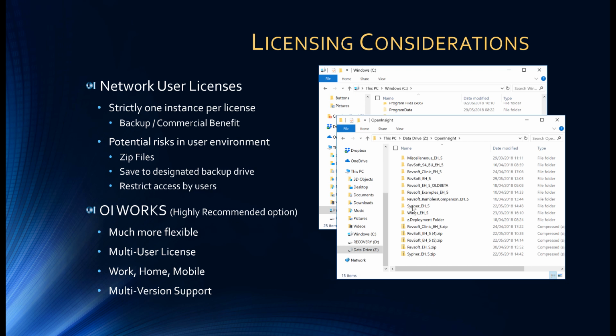Now, the other thing as well is the multi-version support. On this screen here, you can see that I've got many copies of OpenInsight installed. Now, the network user license is a D serialized license, and a Works license is a W serial number, and these are all W serialized, so I'm legal to do what I'm doing here. I've got multiple copies of the system, and if we just look at RevSoft, which is the main folder for my contact manager at Revelation, you'll see that I've got my main, let's just go back, sorry,